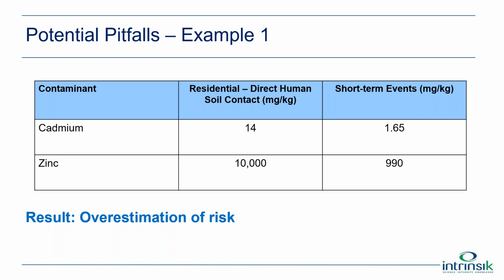So what's the end result? Well, we know that we've overestimated or overstated risk. And that's probably likely due to an incorrect use of the TRVs, just kind of blindly accepting those ATSDR intermediate TRV values. So then you have to ask yourself, so what's the fix? How do we correct this?